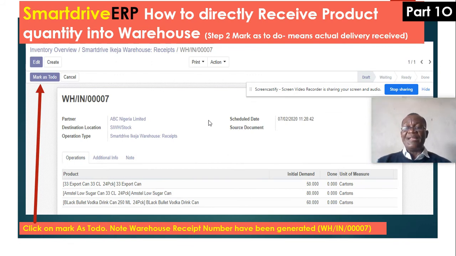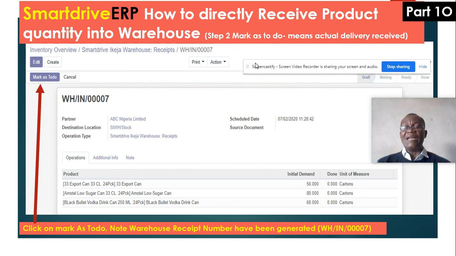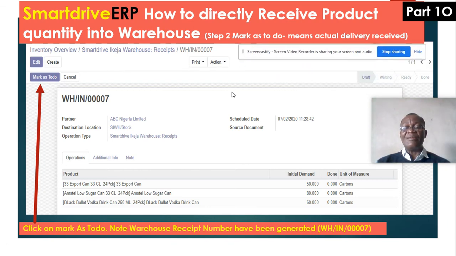Once you have created the initial demand quantity in the system, the second step, once the truck has arrived, is to go and receive the goods. With this one, we call it done quantity. You click on mark as to do, and then the system will allow you to receive the quantity that was actually supplied. Sometimes what was demanded and what was supplied could be different. Now, what the system does in that situation,